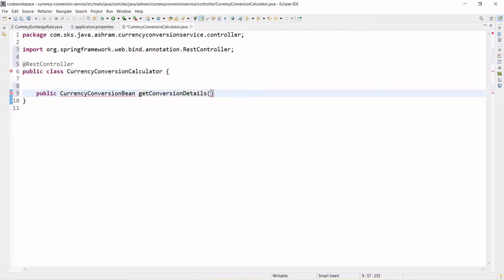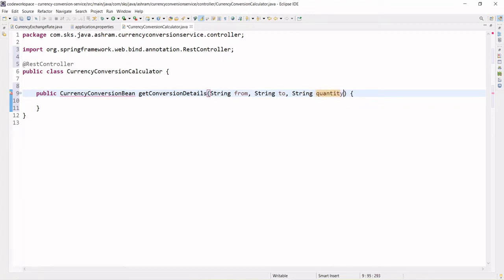And we can have a parameter. What kind of parameter do we have? We can have a string parameter, a string from currency, and a string to currency, and a string quantity, right?